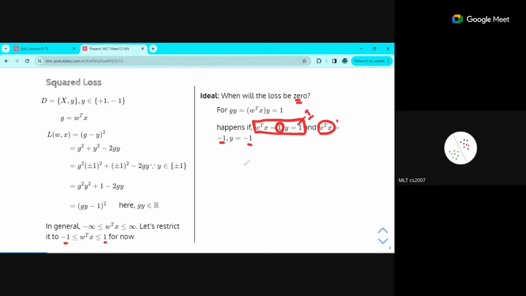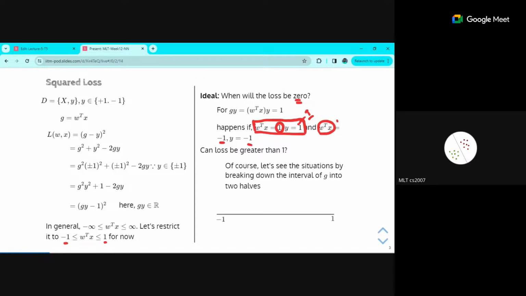So really, what happens in this interval? How does the loss change if my W transpose X value changes between -1 to +1? Can the loss be greater than 1? We can ask these questions, and for that we divide this interval into two halves. In one we consider the interval 0 to 1, meaning that my W transpose X value is greater than 0 and less than 1. The other interval is -1 to 0, where my W transpose X value ranges from -1 to 0. So we can plug in these values,